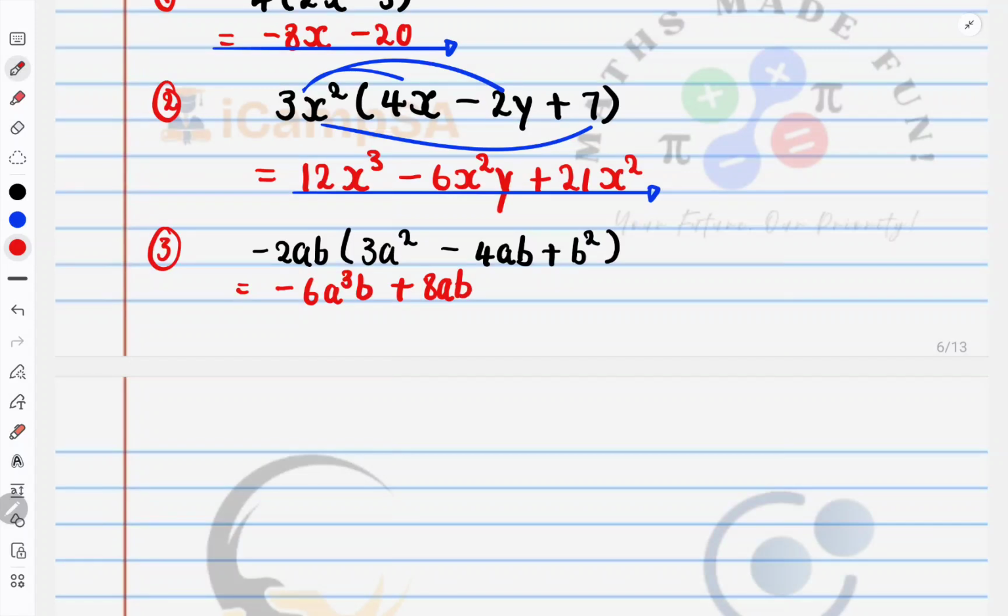And then the term outside of the bracket into the last term, we're still distributing it accordingly for those who may have lost track. Okay, that will give us minus 2ab cubed,